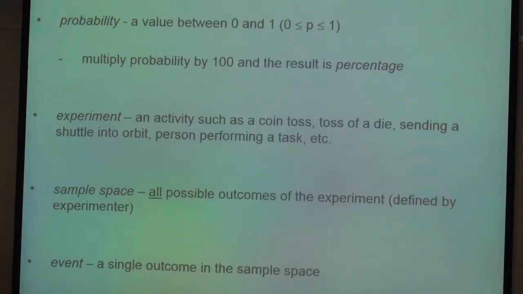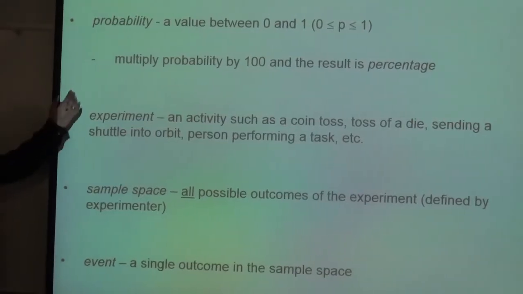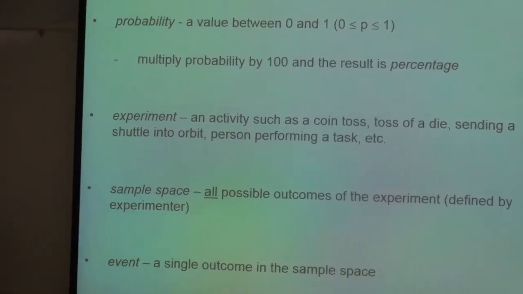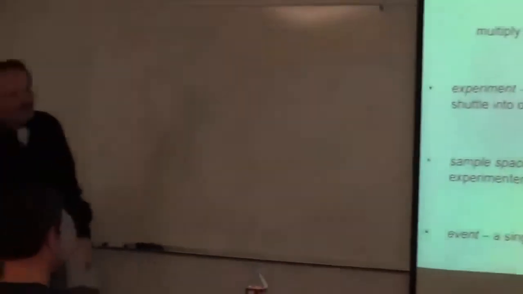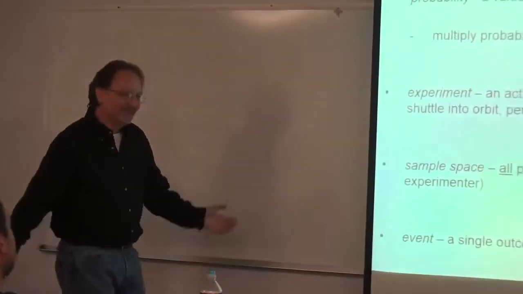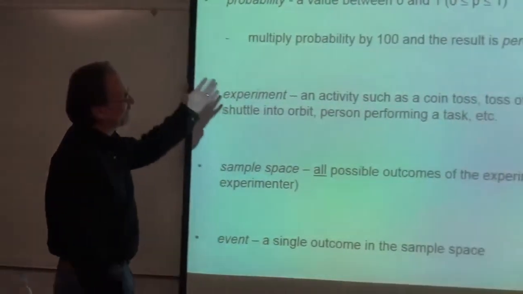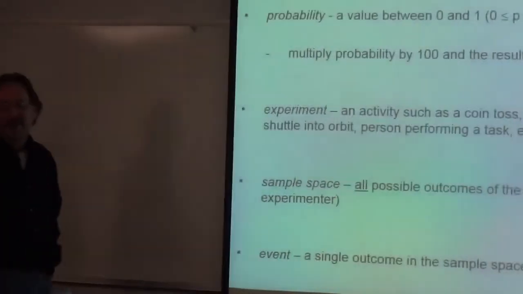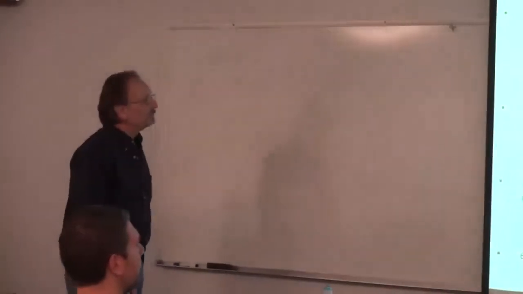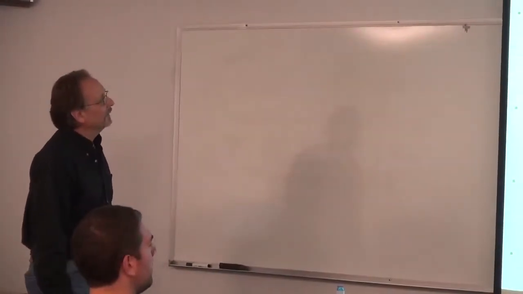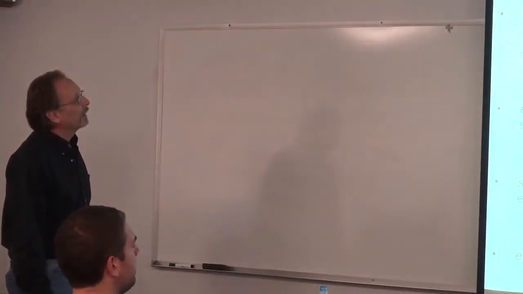That if you multiply probability times 100, you get a percentage. But apparently they had some sort of internal squabble about that, and I just happened to touch on it. But we tend to think in percentages. What's your chance of tossing a head? It's 50%. Okay? That's the way we think, and that's a 100th of a probability.